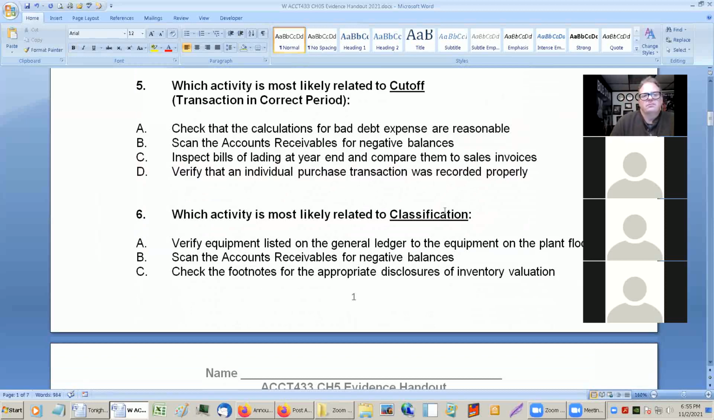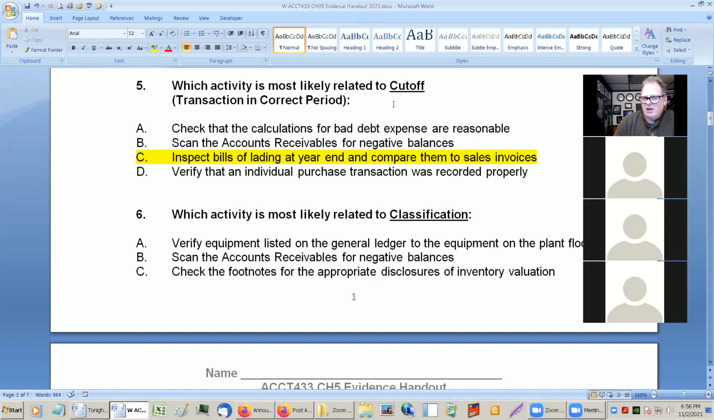Is it C? Yes. You're going to affect the bill of lading at year end. So the bills of lading that you find at year end, those should be in sales. Now, it could be that you don't have a bill of lading for some of the sales, or that there are bills of lading that are not listed in the sales. So you actually could have